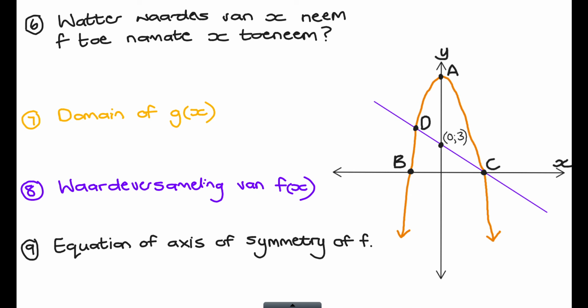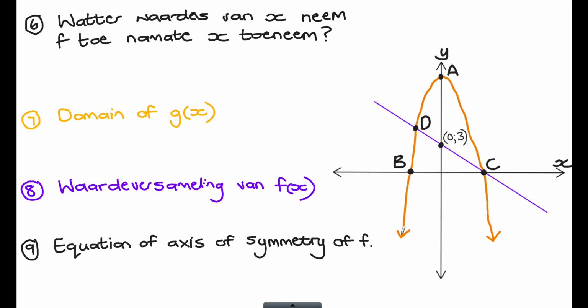Nommer 6. Watter waardes van x neem f, so ek praat van die parabool, toe na mate x toeneem? So basically I'm asking where is it an increasing function? So if I read it from the left to the right, over here, what's happening with my y values? They're increasing, en y-waardes is mos eintlik daai f waarvan hulle praat, né? Hy raak meer, en wat gebeur met my x-waardes? Hy raak ook meer. Met ander woorde, hierdie linkerkantste deel van my parabool is waar die f toeneem na mate